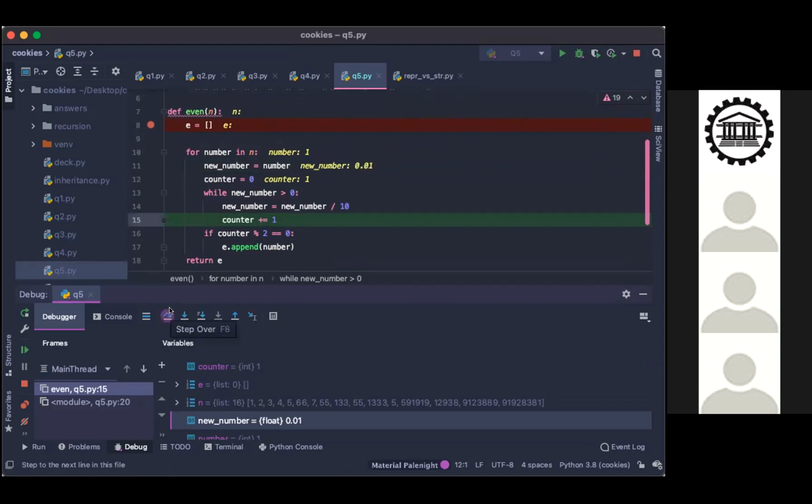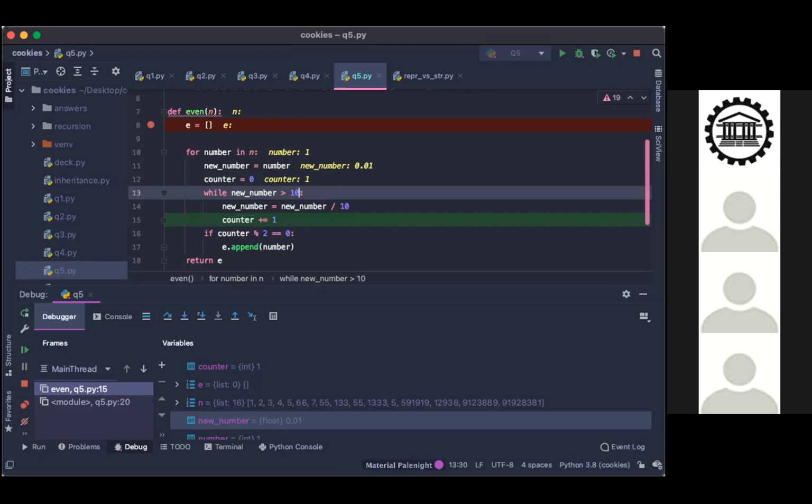Sorry, do you have to go? Do you want to continue, or can I change the error for a sec? No, let's change it. The debugger is meant to basically show you what's going on in your program to help you debug it. Okay, so we don't want it to divide anymore when it's less than 10. While new number is bigger than or equal to 10? Yeah, I think so. Because even when it reaches 10, it has to divide one more time.